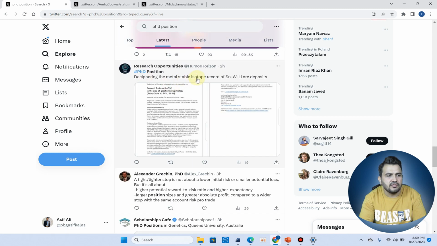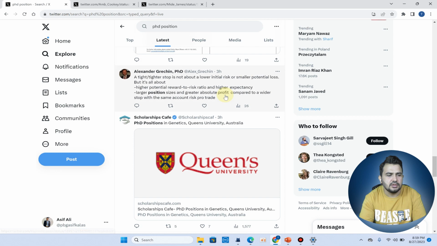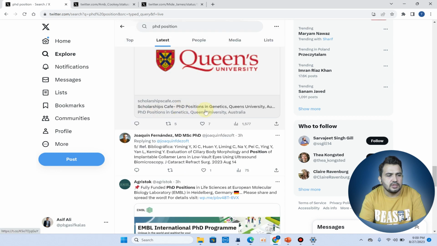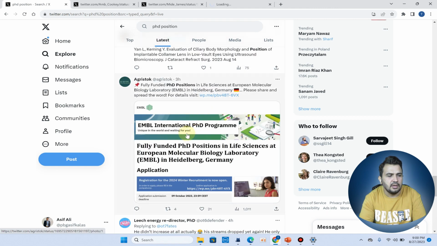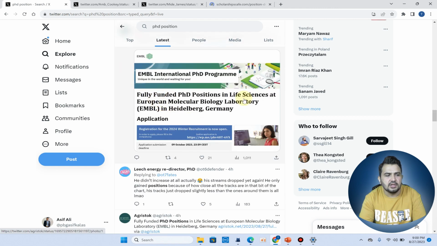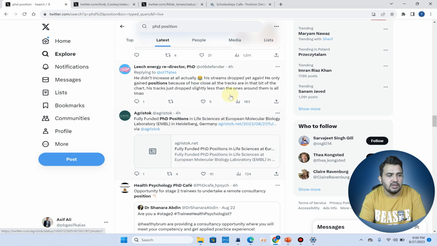Let me show you some more. Here you can see deciphering the metal isotope record, and scholarships for PhD positions in the genetics department at the University of Queensland, Australia. And here is a fully funded PhD position in life sciences at the European Molecular Biology Laboratory in Germany.